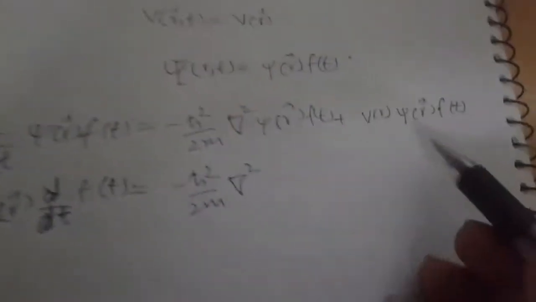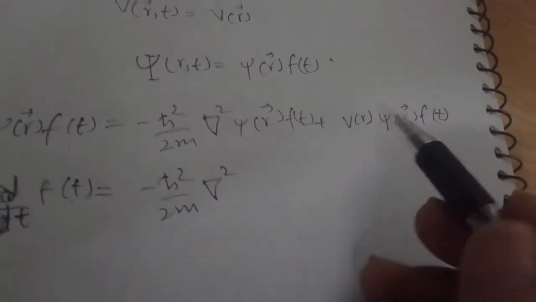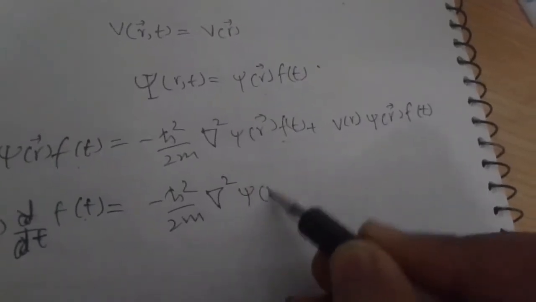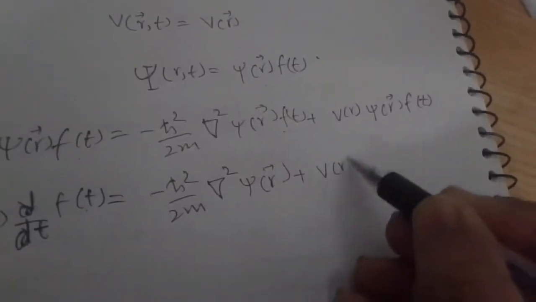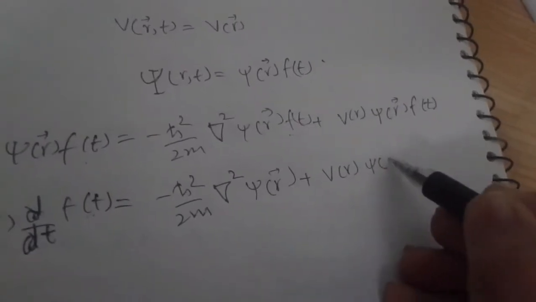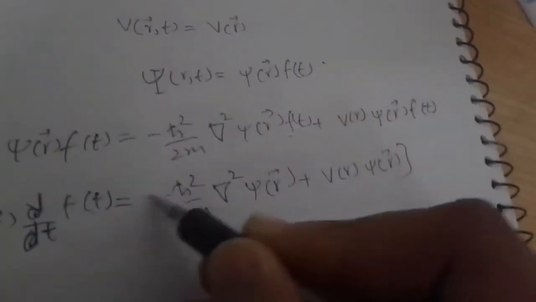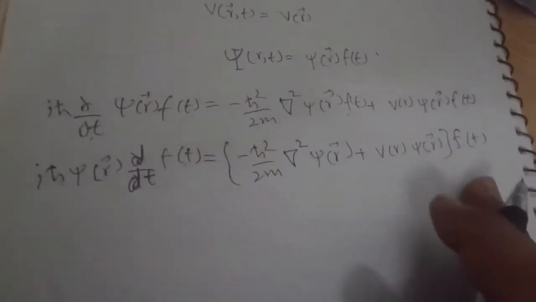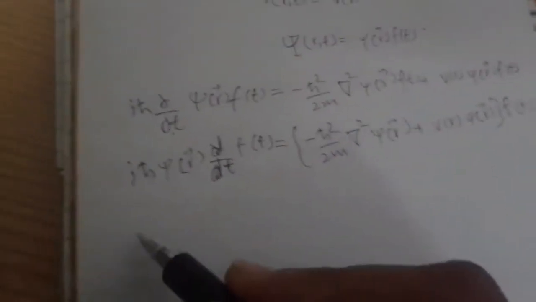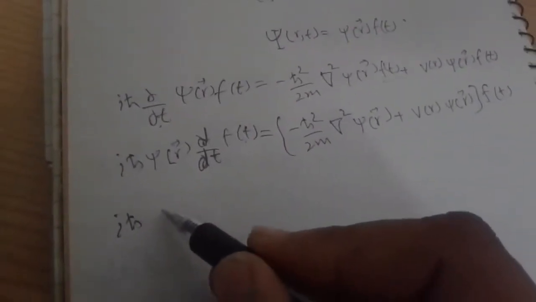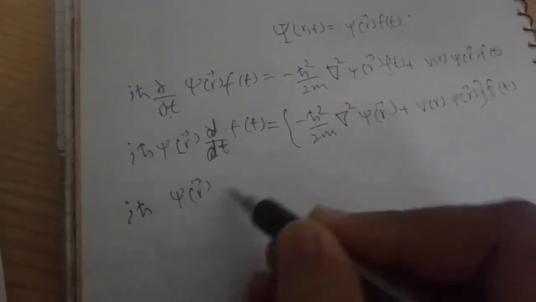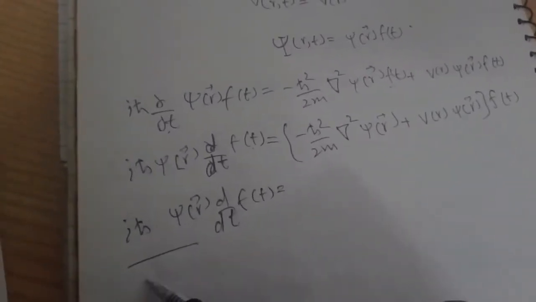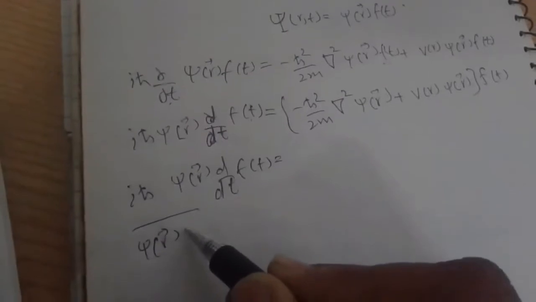Here we know that potential and Hamiltonian are independent of time, so f of t in both of these terms will be constant. We will make it separate, psi of r into f of t, and dividing both sides of the equation by psi of r f of t, we will get h cut square as iota h cut psi of r d by dt f of t divided by psi of r f of t